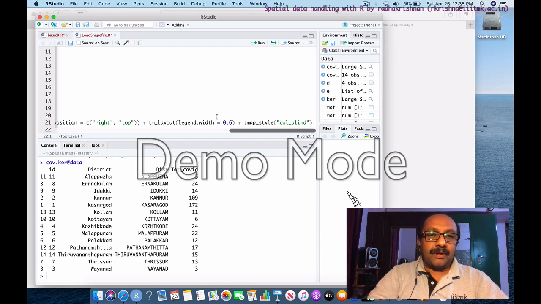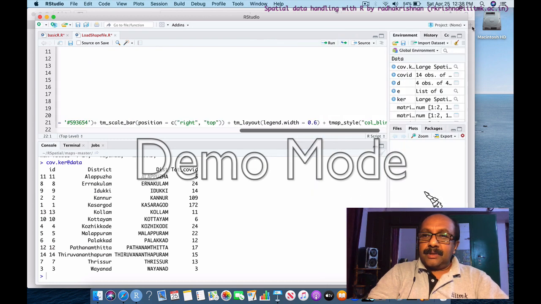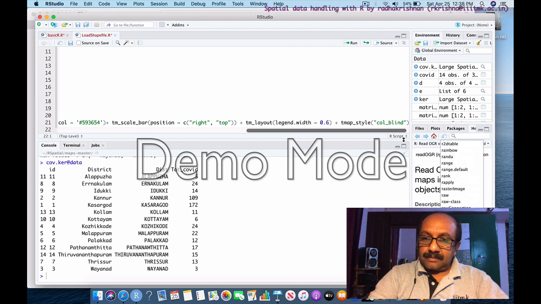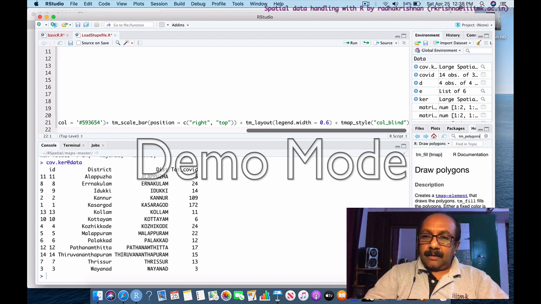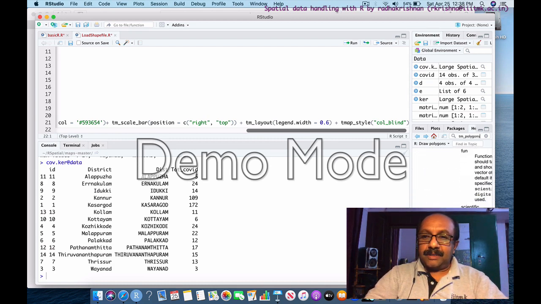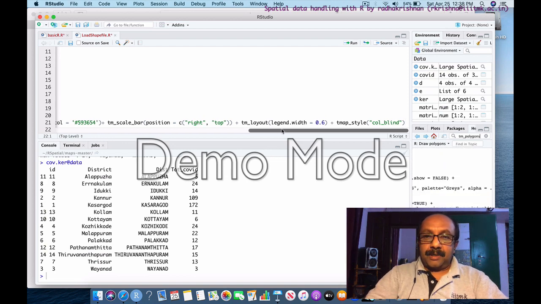If you click the command tm_polygons in the help, you can see the usage. If you click tm_polygons here and see the usage, it will give you the options. There are huge options available there. You can use your artistic skills to design a good map. So with tmap style equal to color blind,